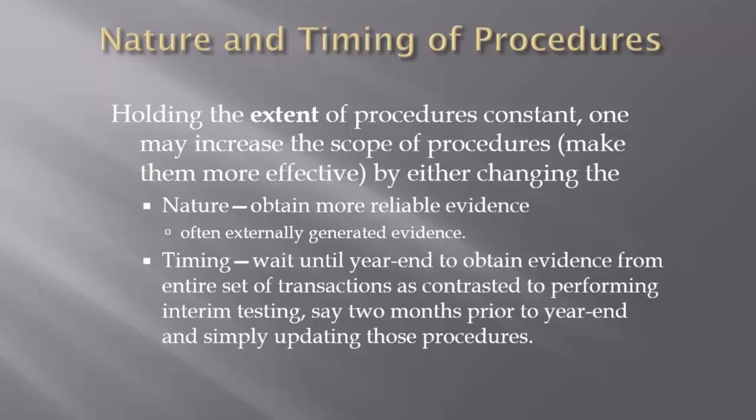So the higher the risk, the more we want to do the testing at year end. If the controls are great, we're going to be doing testing throughout the year. A lot easier that way. The problem with testing throughout the year is we're only testing to, say we do the testing in September, and the question then becomes, well, what happens after we complete the testing until the year end? So waiting to year end is an example of what we would want to do if in fact the risk of material misstatement is high.